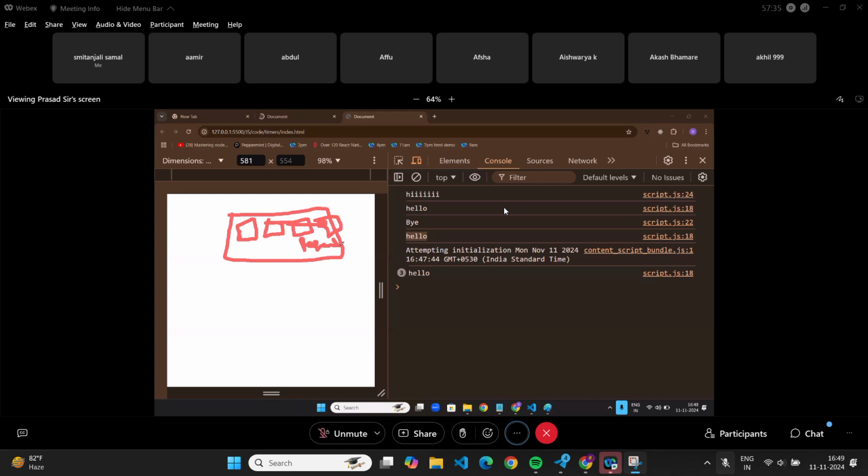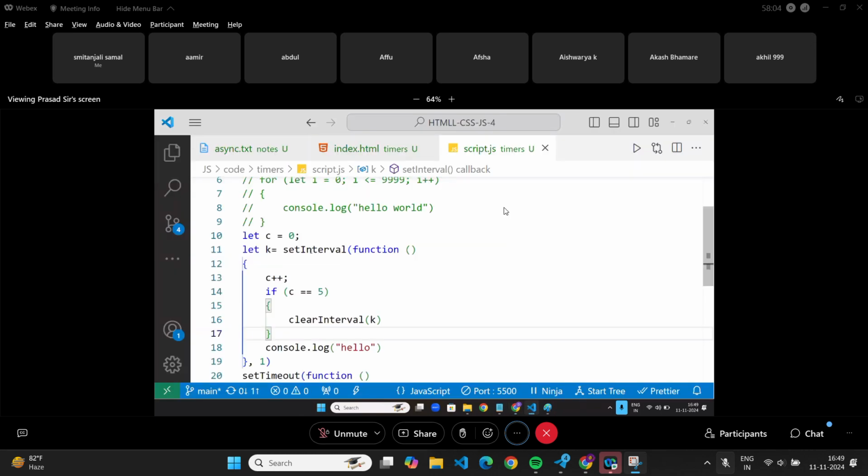I wrote one function. In that function, I said, after 1 minute, show the resend function. But before 1 minute, in 30 seconds, he entered the OTP and clicked submit also. Do I need to run the resend? So it has to be stopped. That means after certain logic, you have to stop it. In that case, you will use functions called clear timeout or clear interval. Clear interval will clear the interval. Clear timeout will clear the timeout.